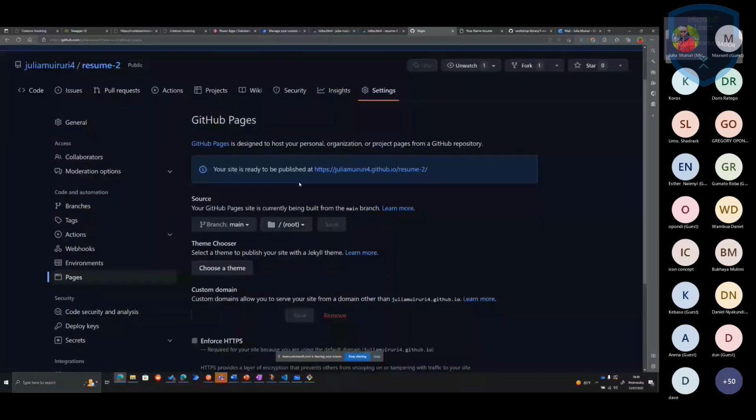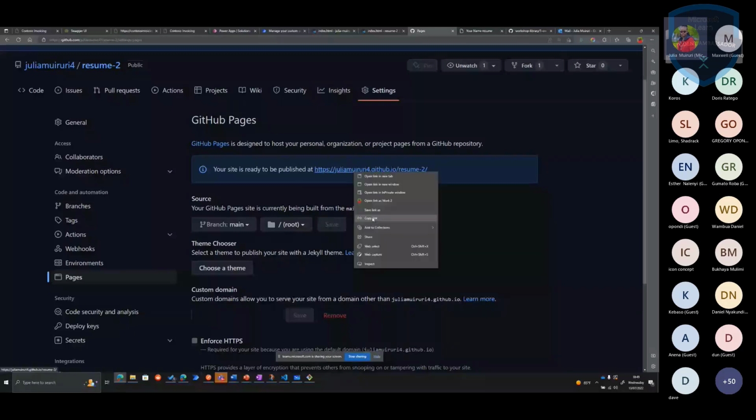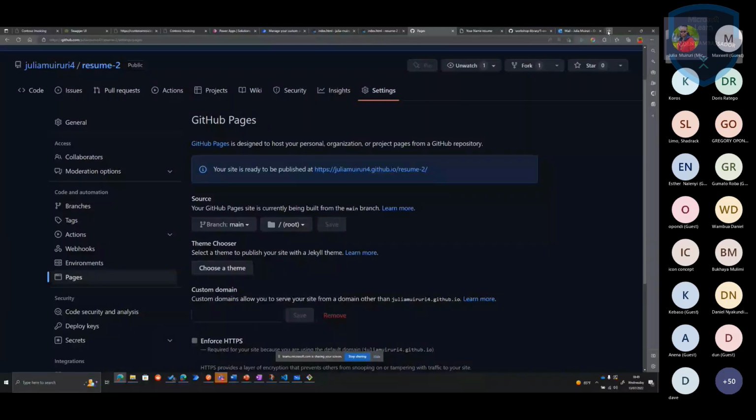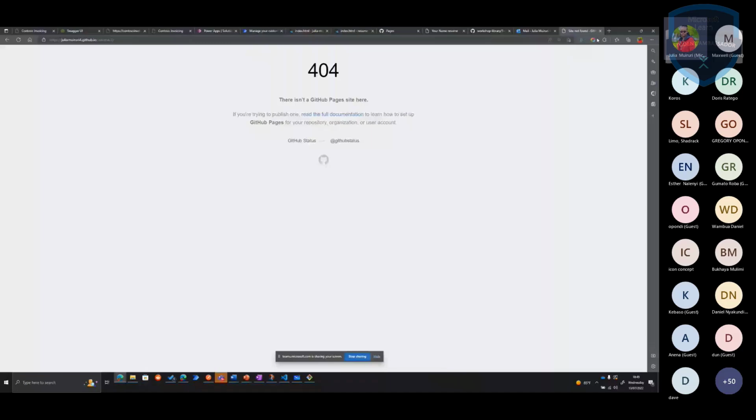As you can see here, there's a link that has been provided. So I'm just going to copy this. It's going to take a few minutes to deploy. Once that deploys, we'll be able to see that page loading here. So I will just go back